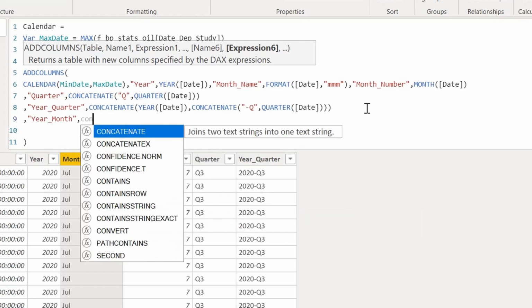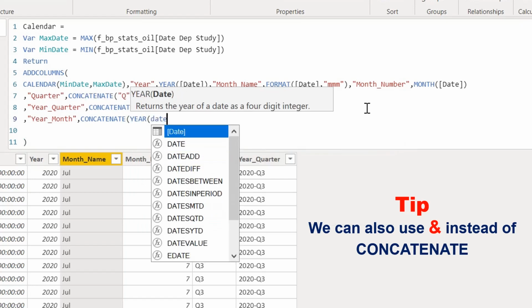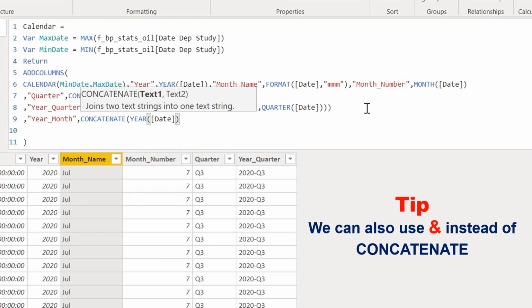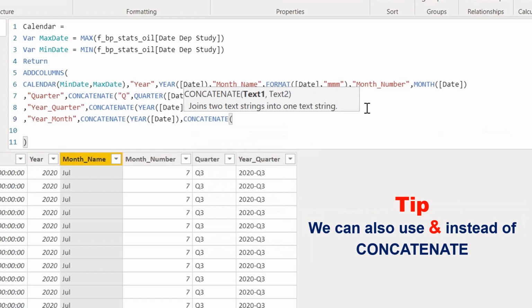The first text is going to be year, so year of my date, and the second is going to be month. But the month function gives me the first three letters of the month name. I need to add a dash before these letters. So for that, I'm going to use concatenate again, and I'm going to use a dash,